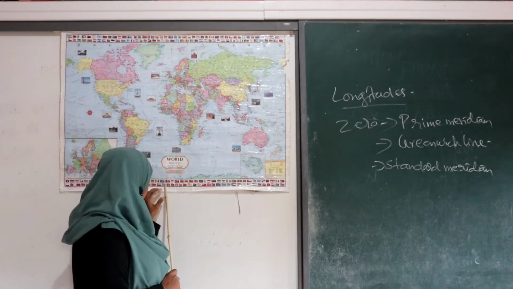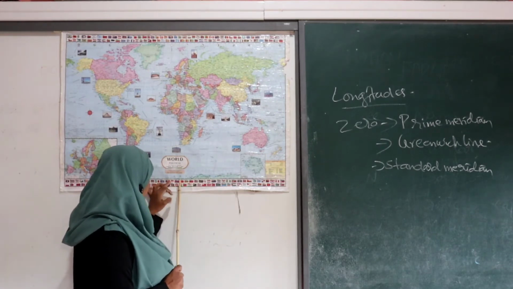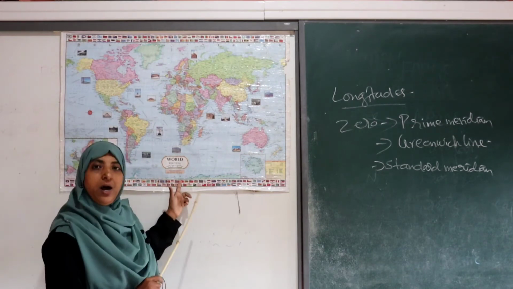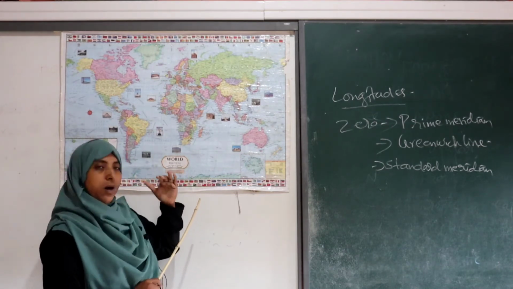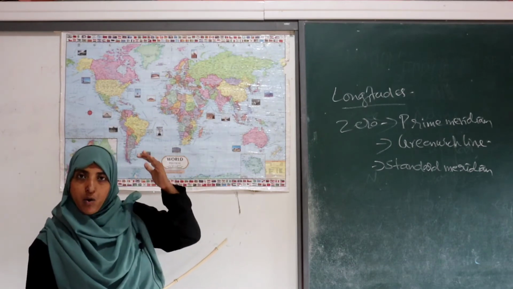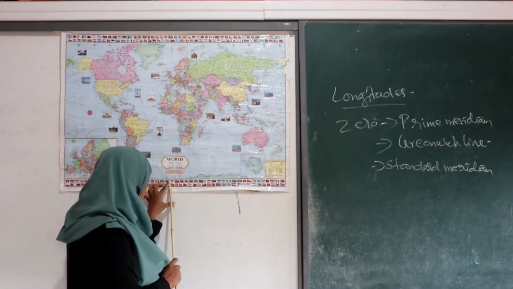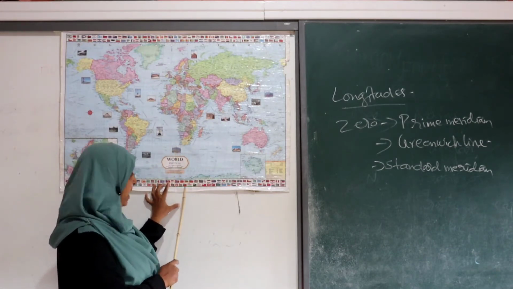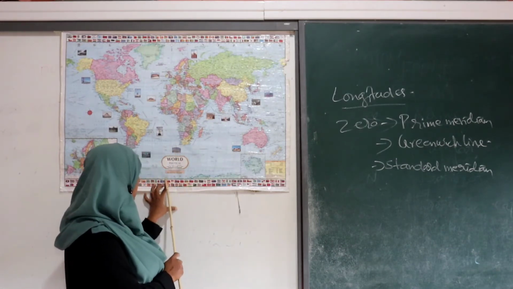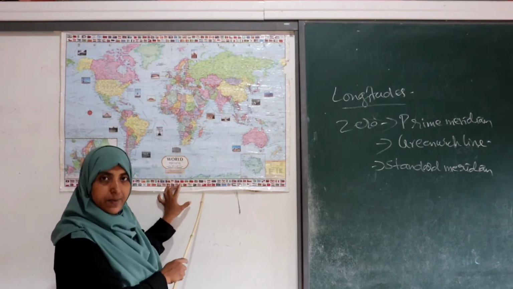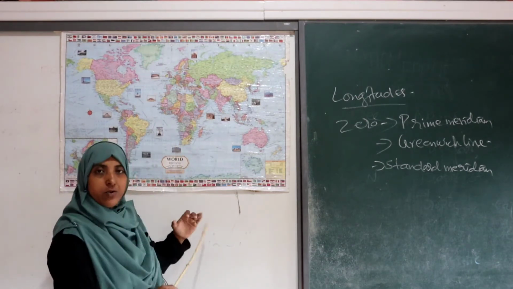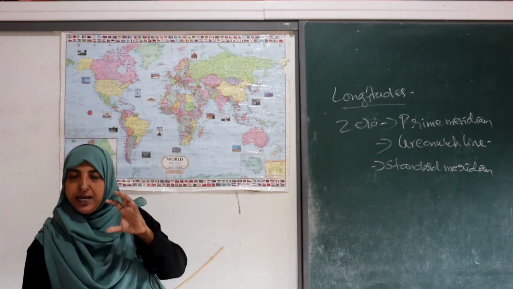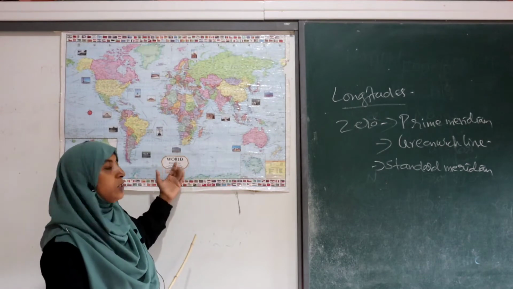Then you can see another line, another longitude here, 15 degree. Okay, it is a map, so we can't draw all the lines here. You please note that from this 0 to here 15, 14 lines are there. Then we can see 30. That means from 0 to 30 lines will be there. But we can't show this because it will create confusion, or we can say the map will become dirty. So you can't easily understand about this longitude.